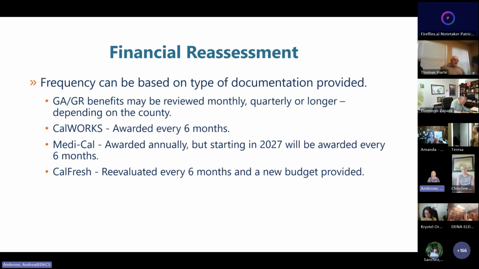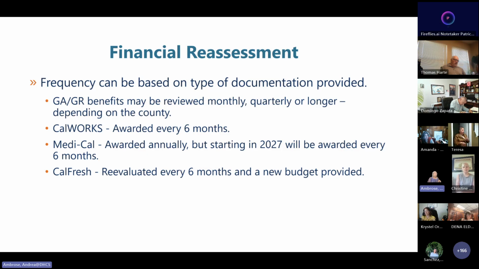Now, because of that, you'll probably want to base your frequency of reassessment on the type of benefit documentation a participant is providing to you. So for instance, GA benefits, depending on the county, may be issued and reviewed monthly, quarterly, or sometimes even longer.